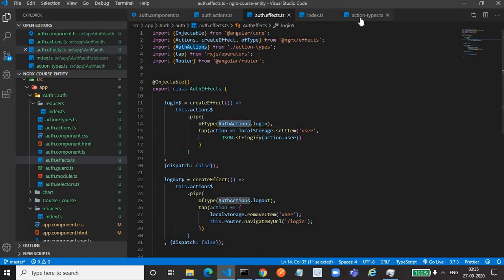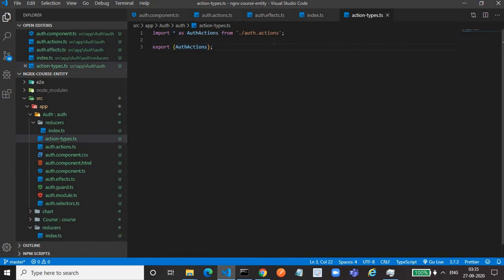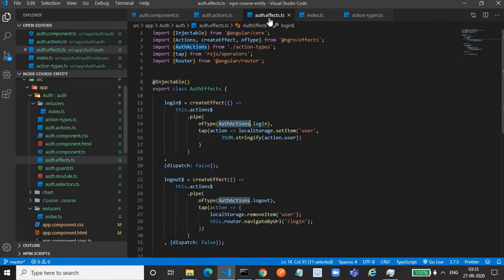So that's why it is necessary to import all the actions in the action types, so that we will get a typecasting for the action. Typecasting in the sense that if you want to use action.user, you will automatically get the IntelliSense, because we are using AuthActions.login as the typecasting for the action. Okay, that's a different story.